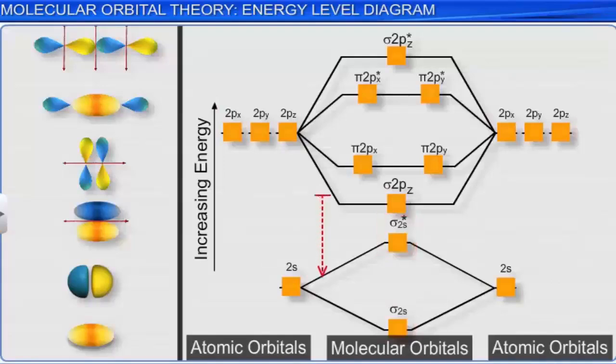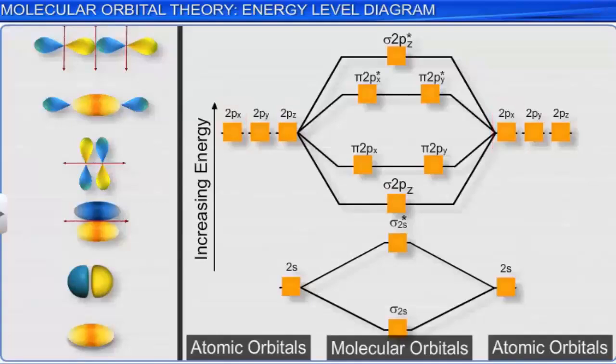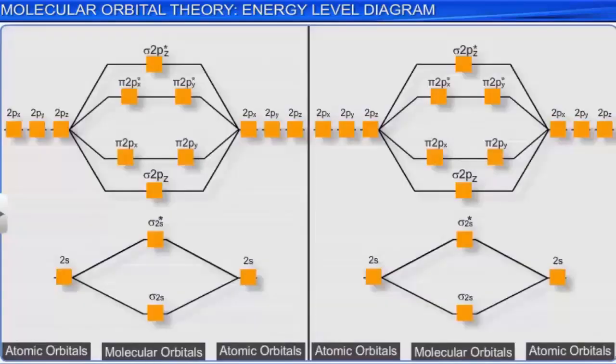Due to the head-on bonding between 2pz atomic orbitals, the interaction between them is stronger than the 2px and 2py orbitals. As a result, the sigma 2p orbital lies below the pi x and pi y orbitals, and the sigma star 2p orbital lies above the pi star x and pi star y orbitals. While this sequence of molecular orbitals is accurate for molecules such as oxygen and fluorine,